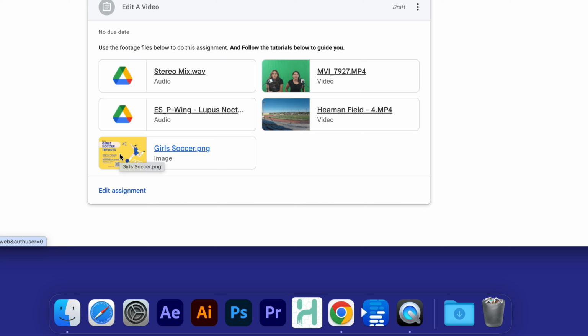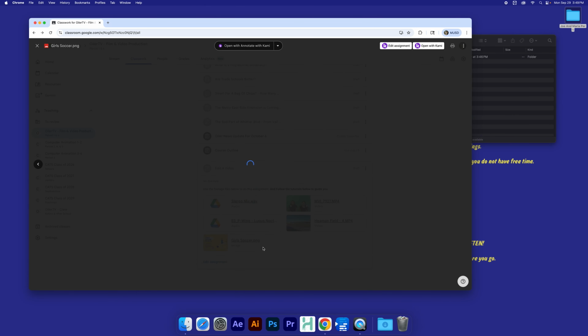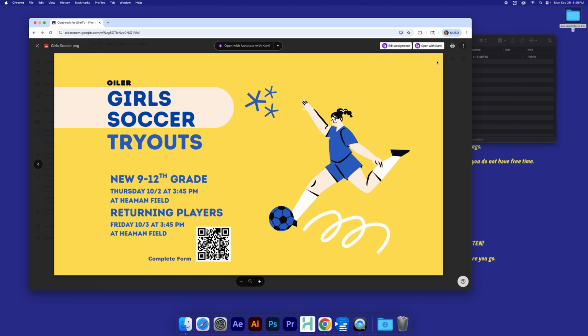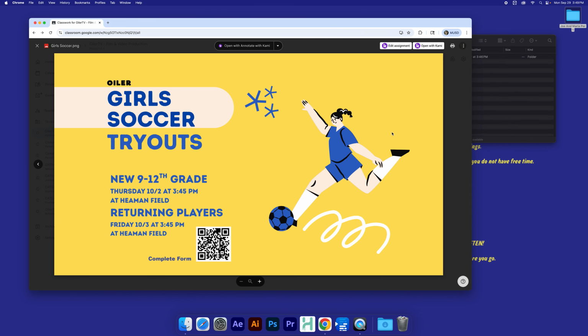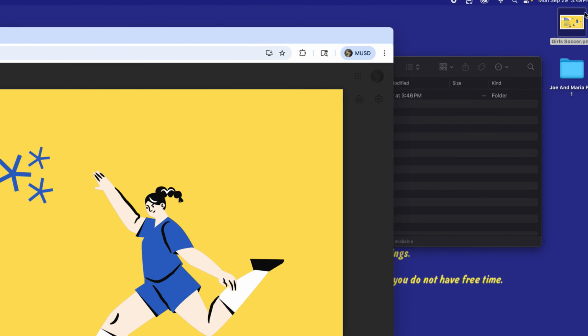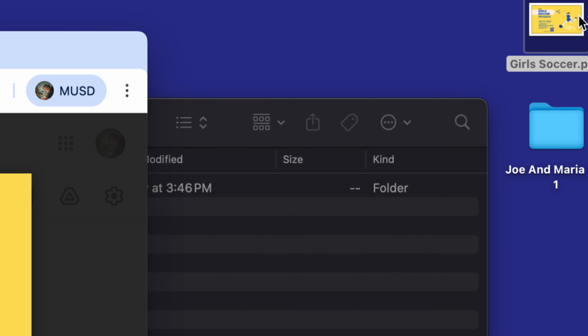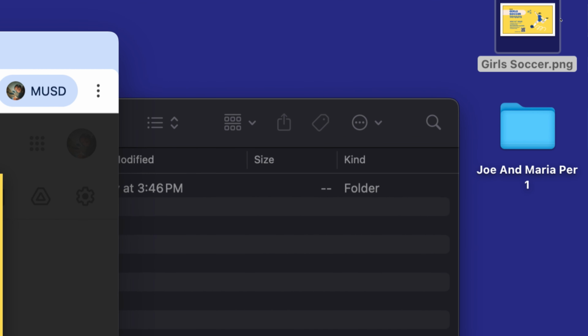Okay, so you're gonna download all these, and the way you download all these is, for example, let's start with the graphic here. If I click on the graphic, it's gonna open up here on the browser, and sometimes you'll see the option to download, sometimes you don't. In any case, what you can do is just click and drag the graphic out of the web browser and just dump it in the background somewhere,